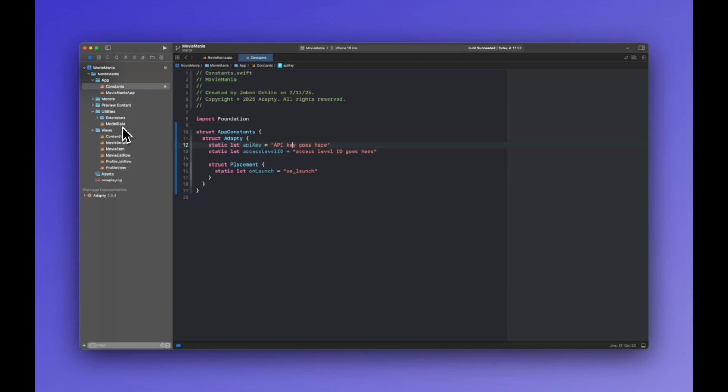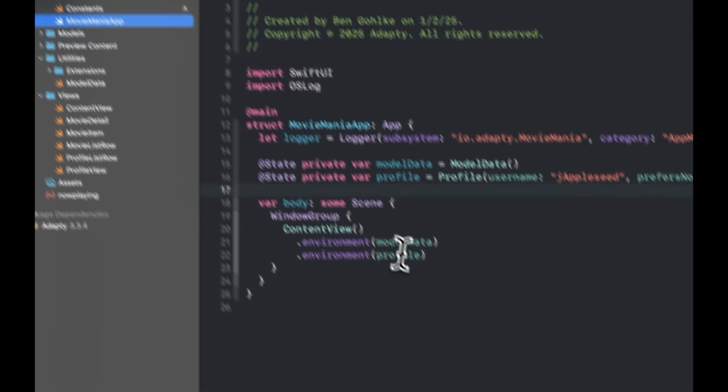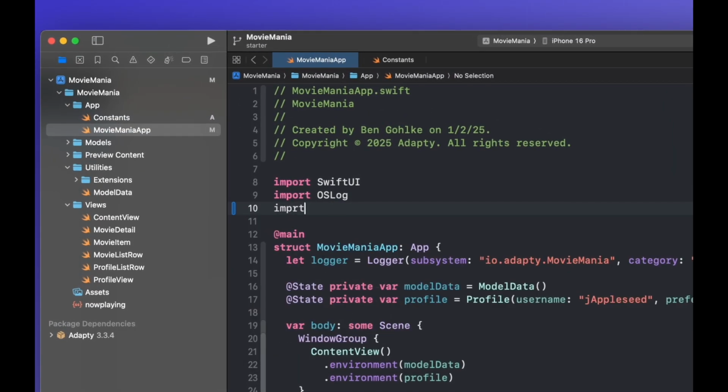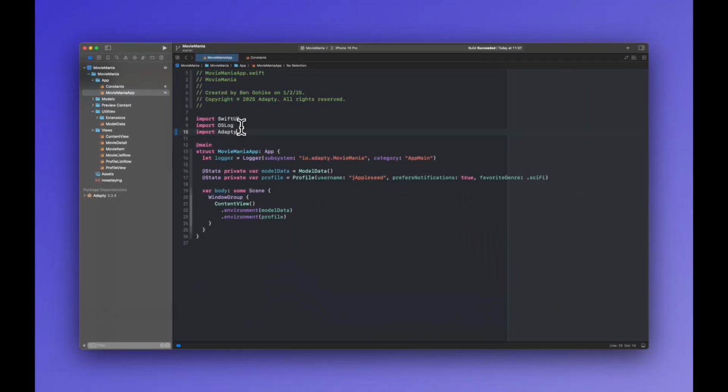All right, the next step is going to be to go into the Movie Mania app main file, and we're going to initialize and then configure and activate the Adapty SDK for use when the app launches. So the next thing we need to do is to import the Adapty framework into this file. Once we have that, then we can go ahead and create a new init function and place in the configuration